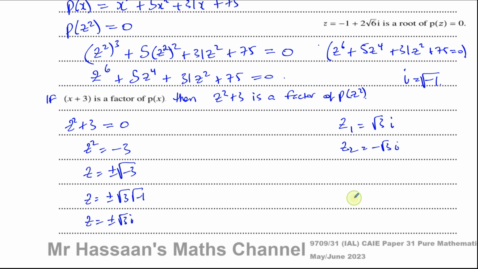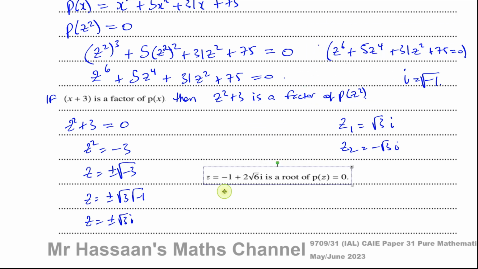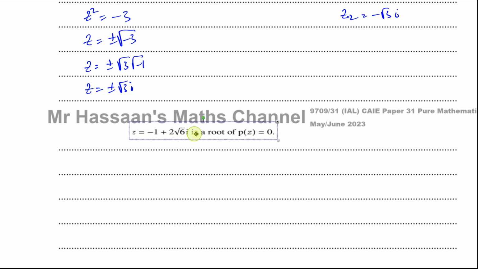We've got another 4 to find. How do we find the other 4? Well, we can use this to find the other roots. Okay, so z equals minus 1 plus 2 root 6i is a root of p(z) equals 0. All right, so if this is true, we can now relate it to what we have. If z equals minus 1 plus 2 root 6i is a root of p(z) equals 0, then we can say that